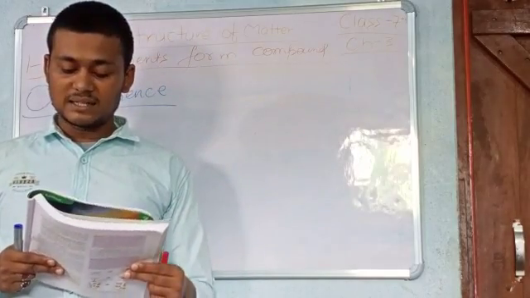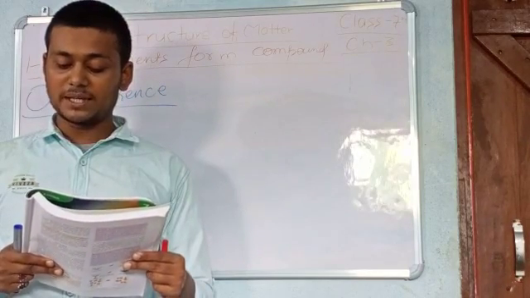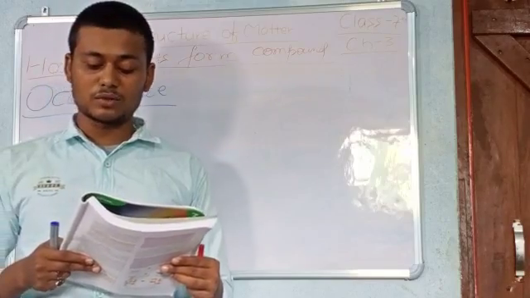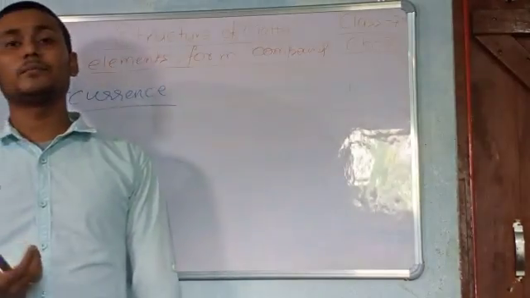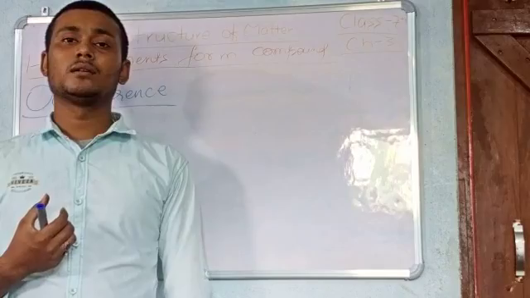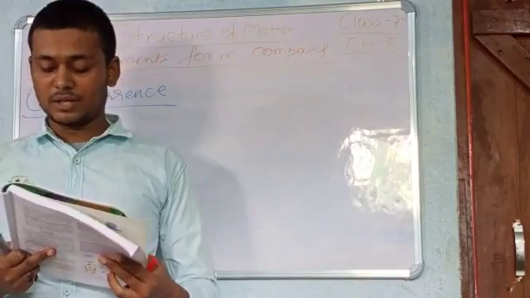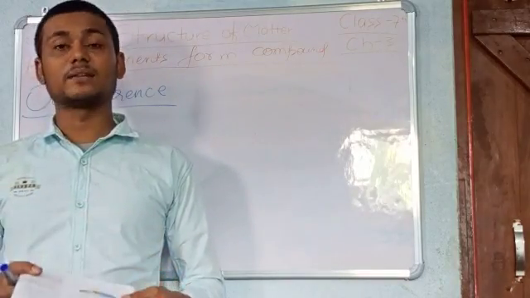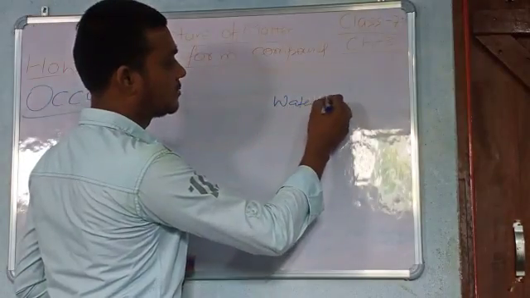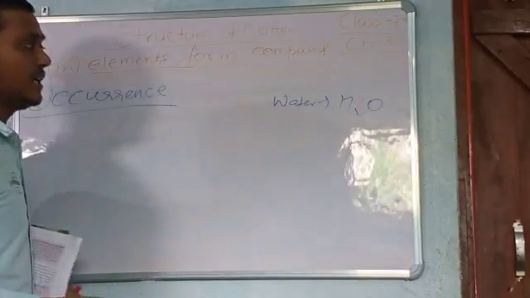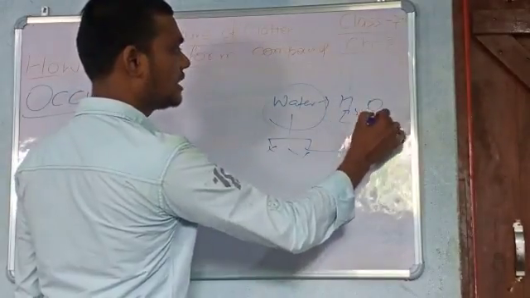Some of these are nitrogen, gold, oxygen, and most of the pure elements are obtained by breaking up a compound into its constituent elements. So when we get a compound from nature, we break it to find the pure element. For example, oxygen and hydrogen can be obtained by electrolysis of water. We know that water is made up of hydrogen and oxygen. If we have water and we break this water, then it converts into hydrogen and oxygen.